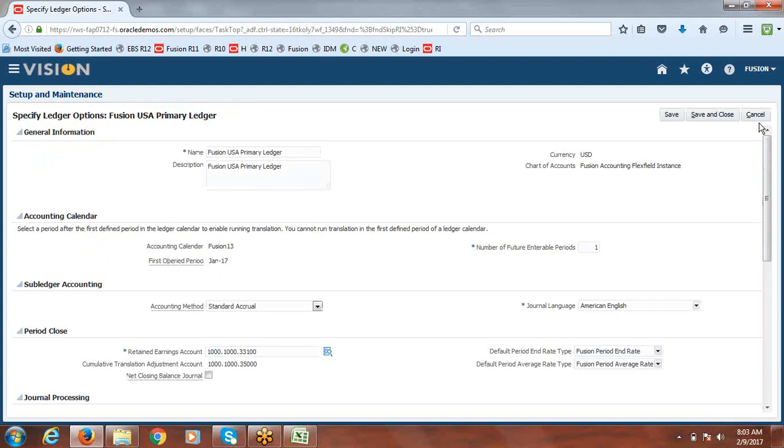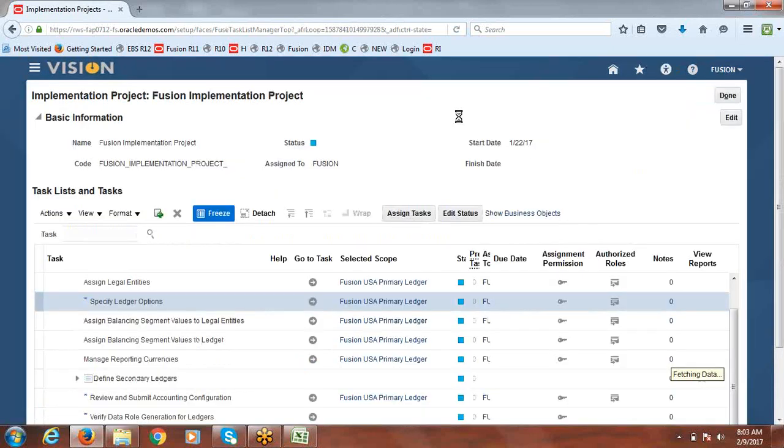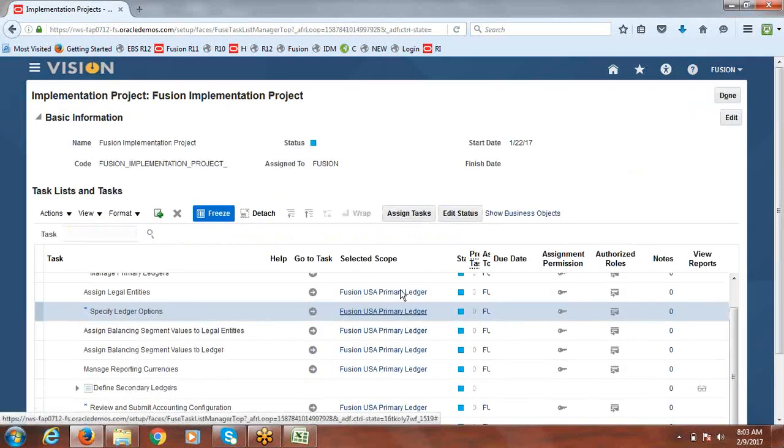Oh, we just routed to the USA primary ledger. We should go to the consolidation ledger. So we have to change the scope, because within the scope we have Fusion USA primary ledger, but now we have to set ledger options for the consolidation ledger. So click on this scope related ledger,